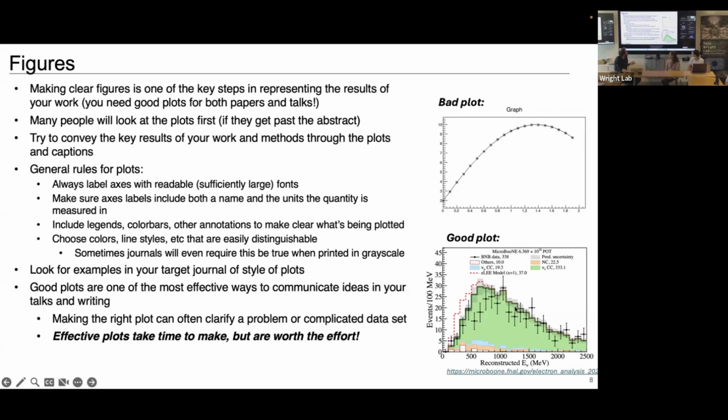I claim in my field this is a really good plot. If you're a neutrino physicist, you probably know what this is. This is from MicroBooNE. But yeah, it's well labeled. It actually has a huge amount of data density so that someone in neutrino physics looking at this plot would really know exactly what they saw. And in fact, they would know, unfortunately, they didn't see the new type of neutrino that they were looking for because the data in black doesn't match this red line here. And this plot, I'm sure, took whatever student or postdoc made it a lot of time to really put together and get this level of information density on it. And what's good in your field will vary. The bottom line is this takes a lot of time, but is really worth the effort to fine tune your plots.